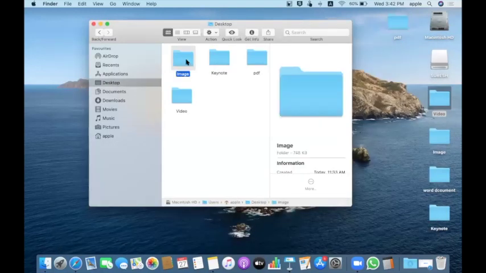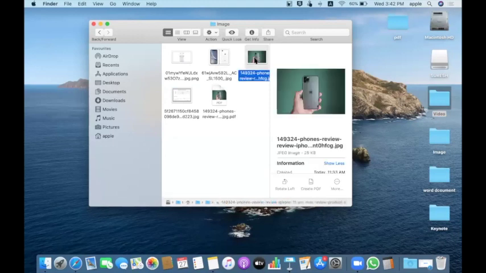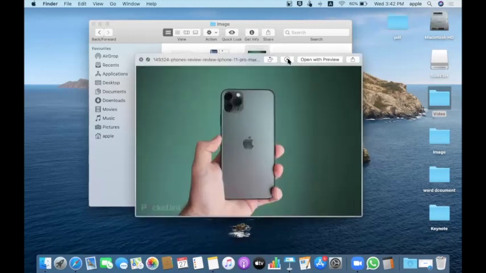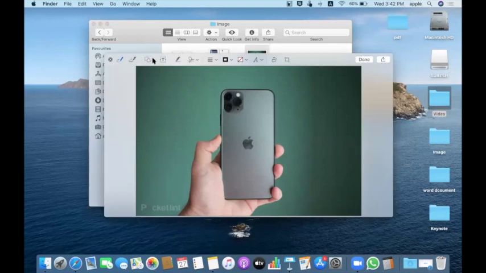And when you're doing preview, here also you'll get an option for markup. So directly you can trigger your markup here, and you can start doing your annotations, or if you want to highlight anything. Generally we use this mostly in services.